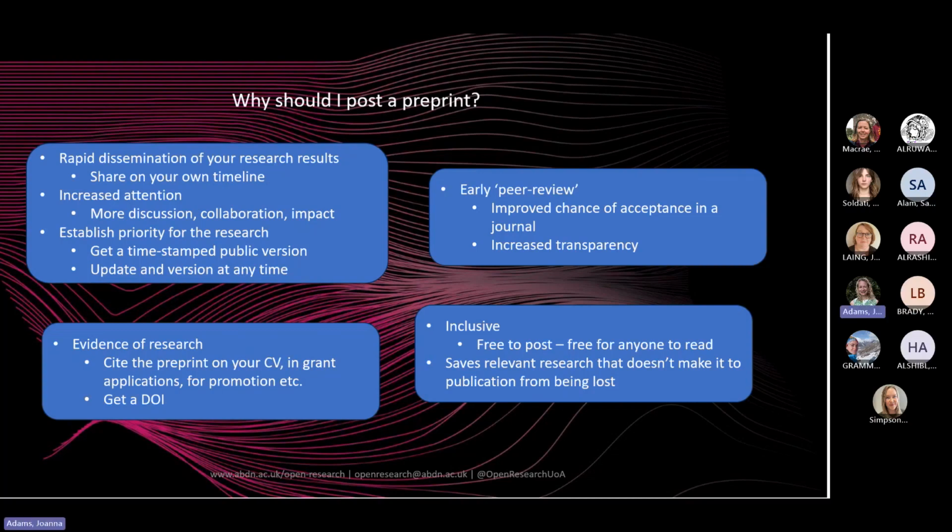It also saves relevant research that doesn't make it to a final publication from being lost. So for example, you're a PhD student, you've got some research that is interesting and useful to your area, but you're busy writing your PhD, you graduate, you get a job, you never actually make it to publication. But if you post your preprint, it means that research is still available. So there are lots of benefits of using preprints,